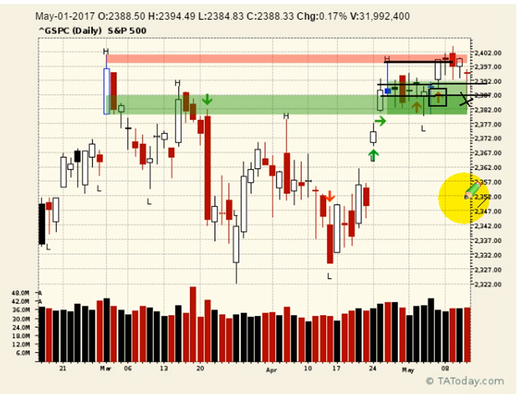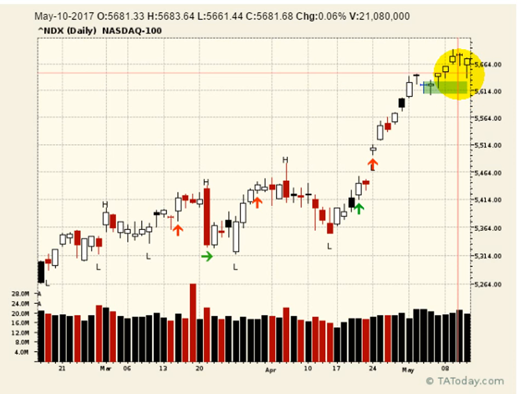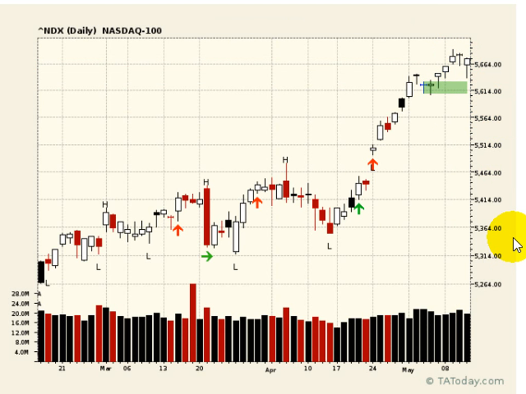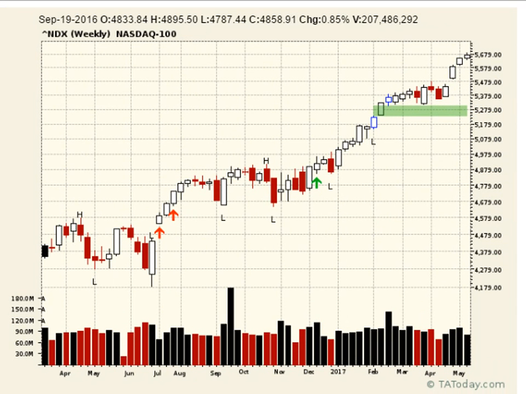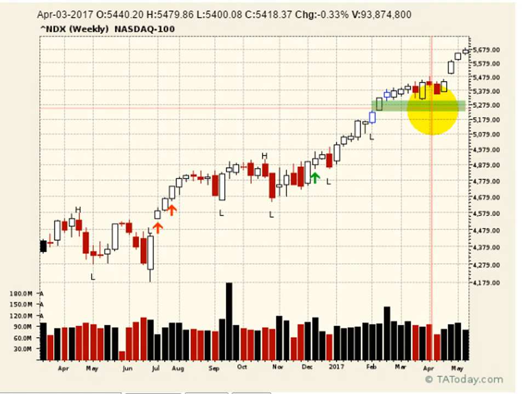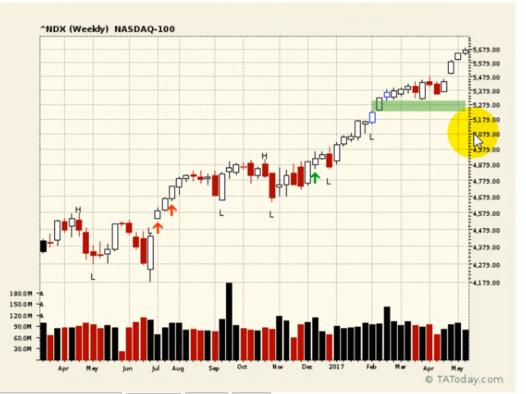I know there's people worried about crashes, but you've got to set up a crash. It doesn't just happen. You're just not going to get a crash when you've got the NDX up here breaking out, making new highs. It takes time for those things to set up. The structure has to set up for a crash to occur. If you look at this on a daily and a weekly, you are dreaming if you think this thing's going to crash. Potentially you're going to get a pullback, but we're not talking crash here. And you shouldn't be thinking crash.